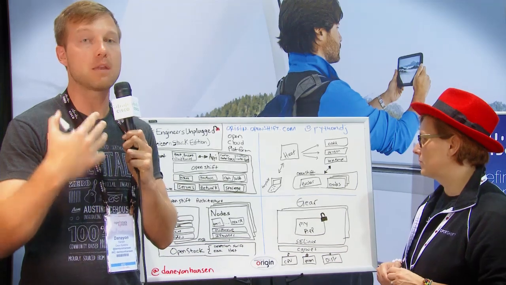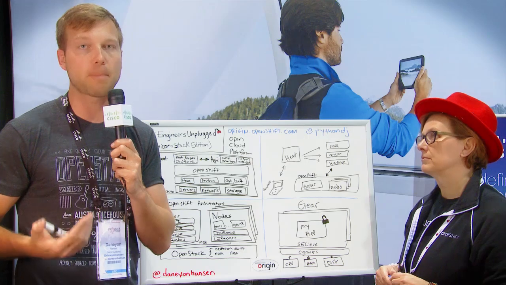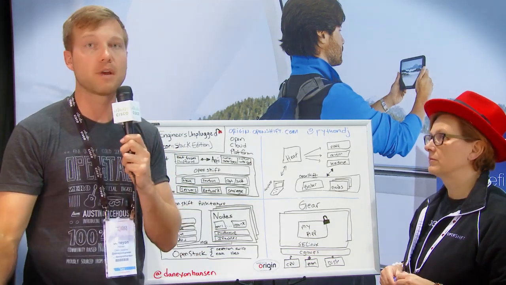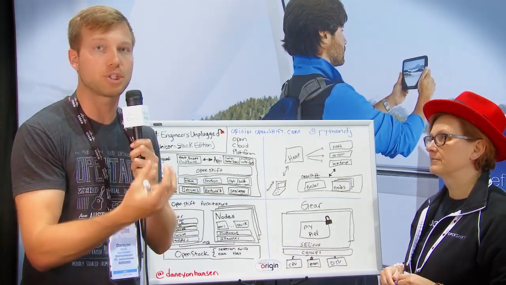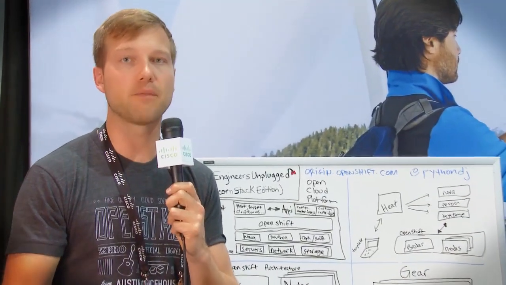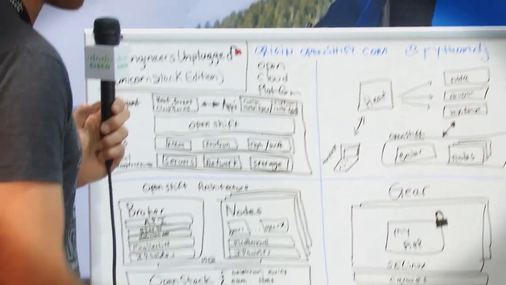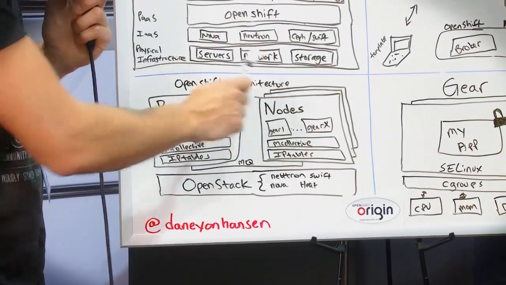And then Heat works well with config management tools. The config management tool that we're using is called Puppet. Heat basically hands off the configuration of the OpenShift instances, the broker and the nodes, and Puppet handles the rest of the configuration. When it completes its configuration, Puppet signals back to Heat that, hey, I'm done configuring, everything's all good, and the user gets notified that the stack is up and functioning, as well as provided some basic login information on how to access the stack.